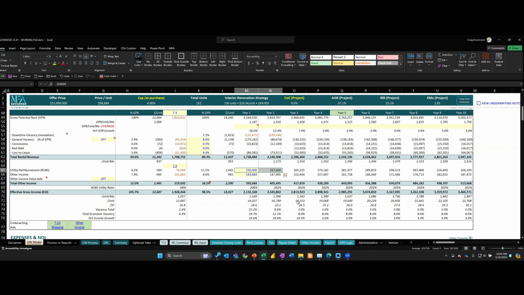Sure. Yeah, I'd love to see that kind of analysis that you do on the T3 versus the T6. We don't have to do it right now. Yeah, I'll send it to you. It's pretty simple, but